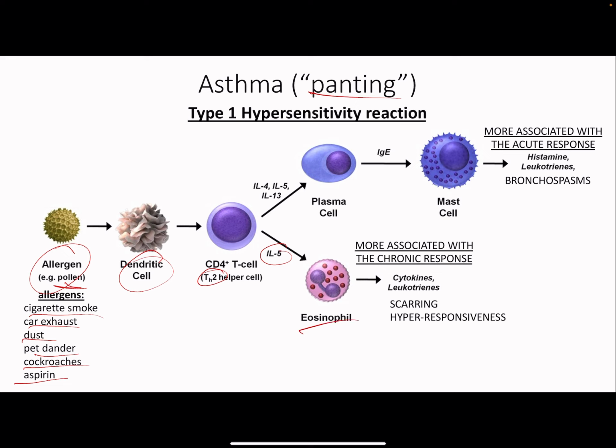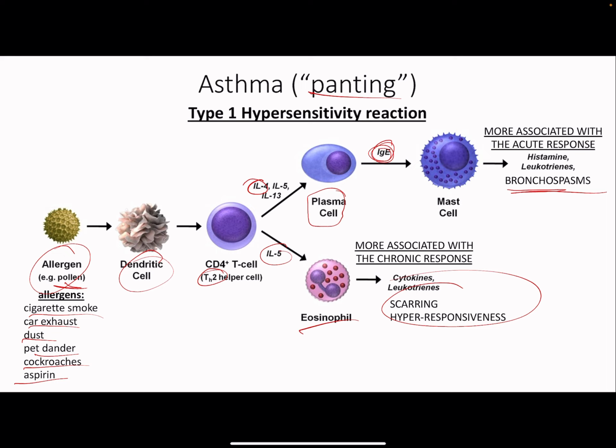IL-5 recruits eosinophils. IL-4 recruits B cells to convert to plasma cells, specifically to class switch into IgE. IgE coats mast cells. And now if I see that particular antigen again, there's going to be a hyper response, releasing histamines and leukotrienes, which causes tons of downstream responses. The eosinophils are responsible for the hyper responsiveness, the mucus, the scarring, and the mast cells are going to be